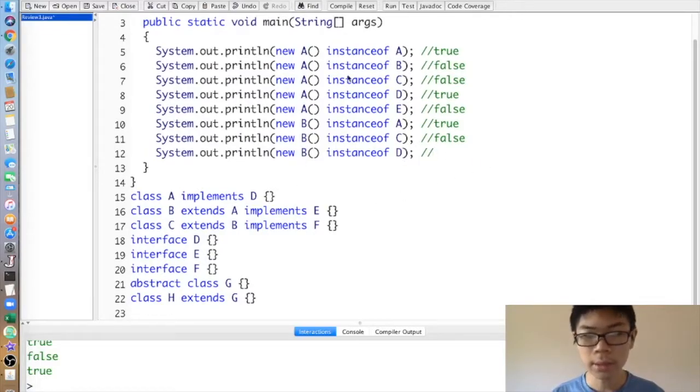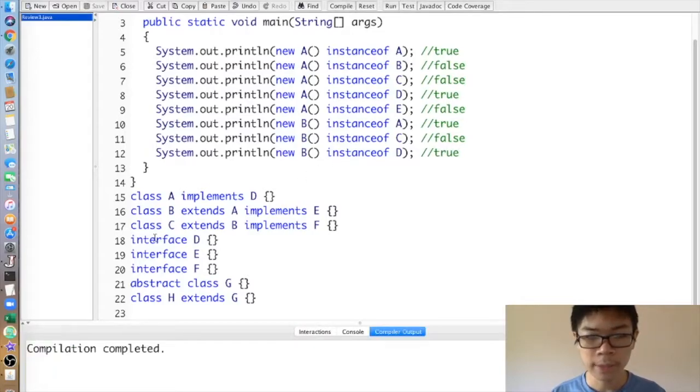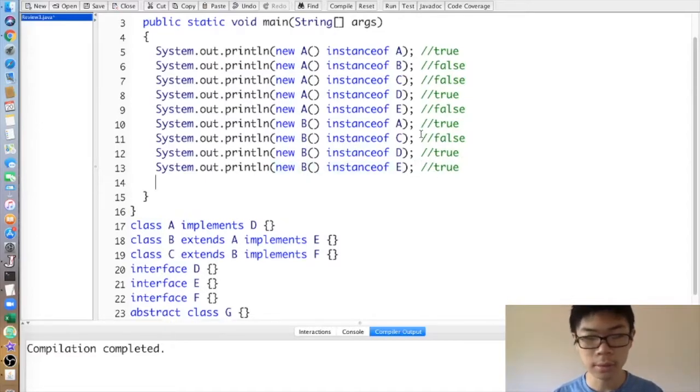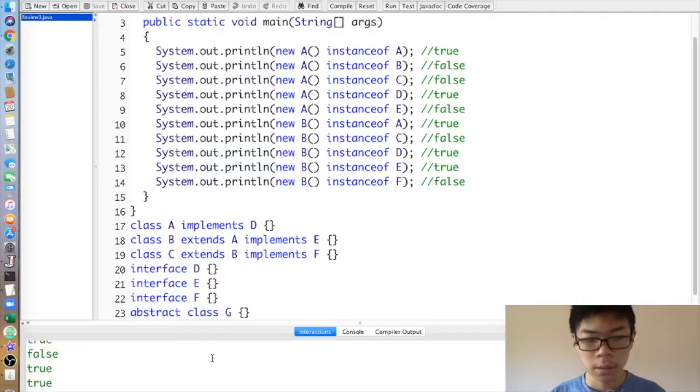So this one would actually be true because B extends A, which implements D. A has the properties of D, B has the properties of A, so B automatically has the properties of D. B instanceof D is true. What about B instanceof E? That's true. B instanceof F? That's false for the same reason A instanceof E is false. And then,